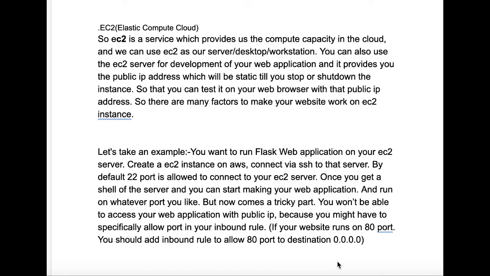Hi friends. So today we are going to learn about AWS EC2. EC2 is a service which provides us the compute capacity in the cloud, and we can use EC2 as our server, desktop, or workstation. You can also use an EC2 server for development of your web application, and it provides you